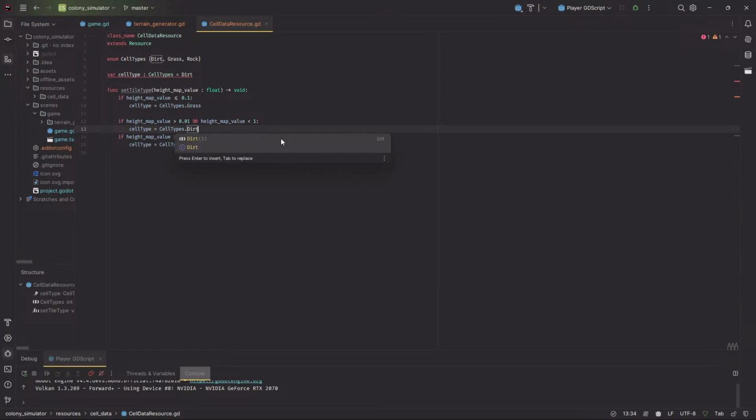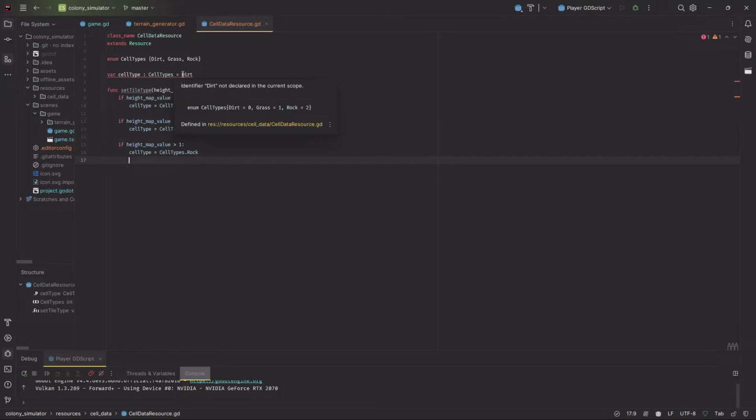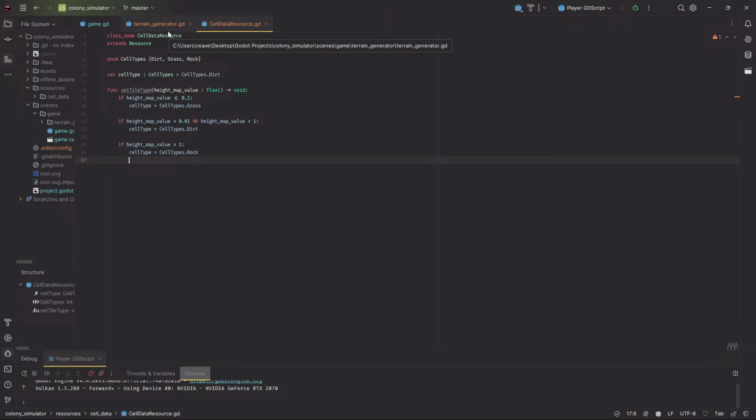So grass, dirt, because I want dirt to be surrounded with the rock, and then rock, there we go. Grand, why are you having an issue? There we go. Yeah, so now every time I create one of these, and this is the whole class name thing coming in,